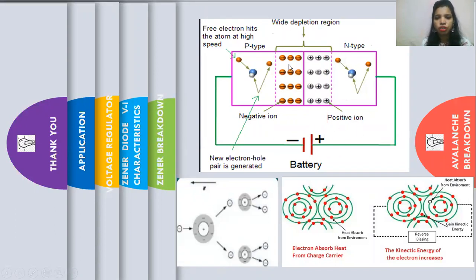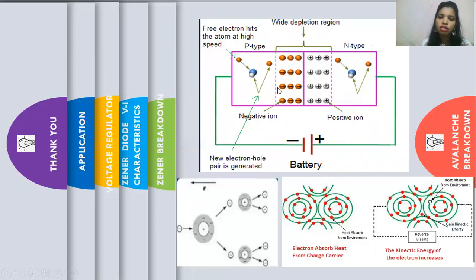So first of all, if you remember in the last lecture, we have covered the working of PN junction diode. And in PN junction diode, it was very clear during forward bias, depletion region reduces and current starts to flow. But in reverse bias, depletion region increases and there is no current. Only current flows due to minority carriers. So a Zener diode is also like the PN junction diode in the case of forward bias. But in the reverse bias, see. So first of all, we will look at the avalanche breakdown.